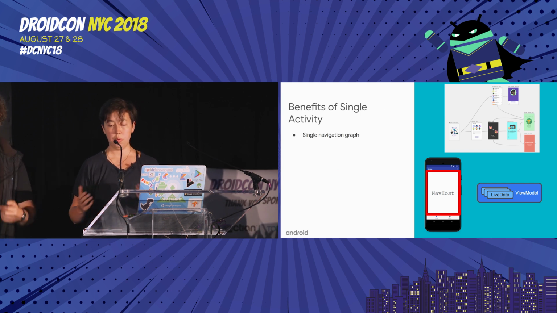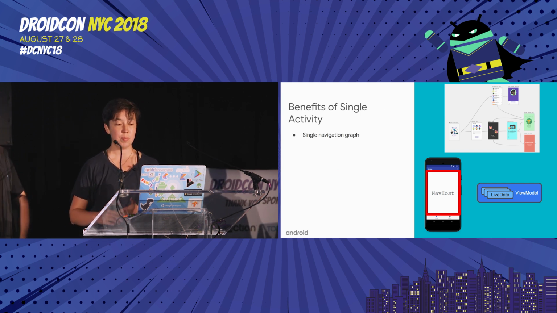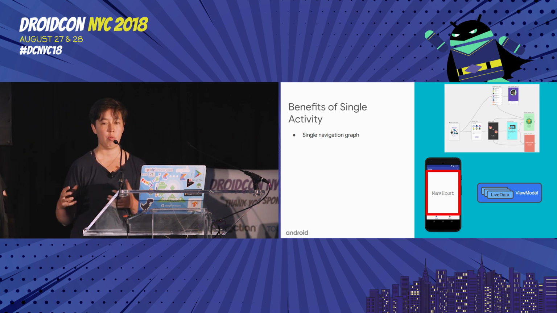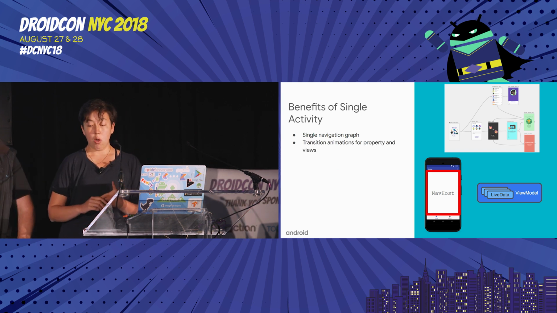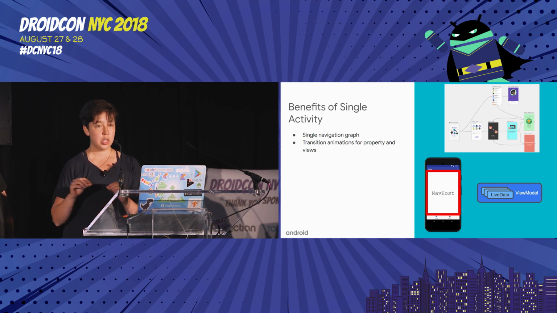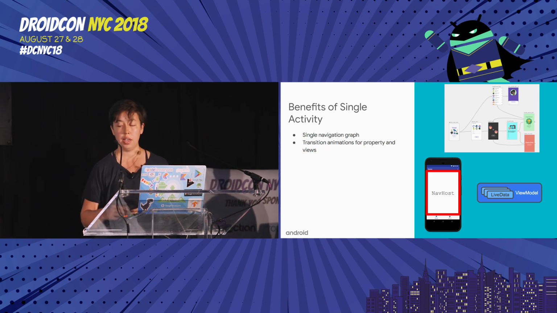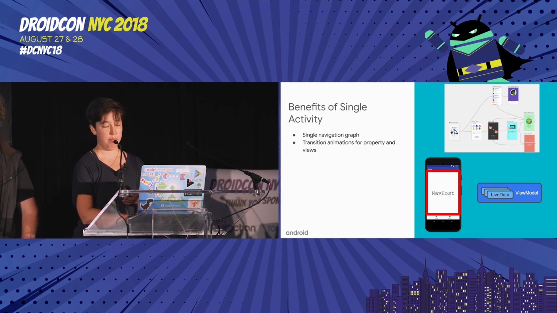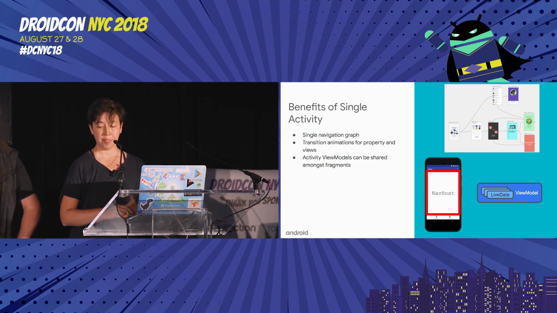First, you end up with a single navigation graph, which is nice because you can see everything that's going on in navigation in one place, and you don't have to manage multiple graphs or be switching around between XML files. It's also hard to make these navigation graphs aware of one another, so it really simplifies things to have it in a single nav graph. Also, as we saw before, when you have a nav graph and it has those actions in between them, you can manage things easily, like transition animations between different destinations, and also property animations on views.